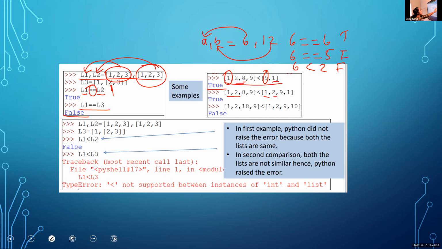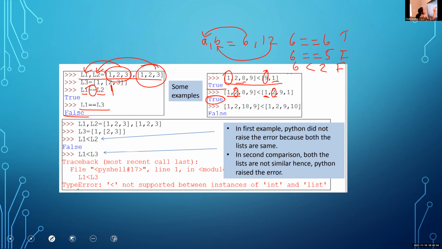So 8 less than 9 is a true statement, so the result is true. In this second example, 1 is equal to 1, so we move to the second value, 2 and 2, which is again equal.